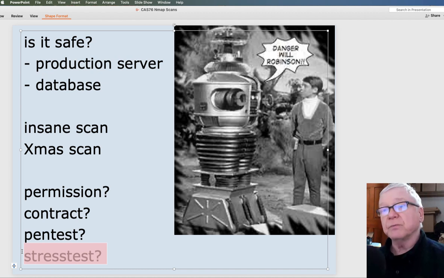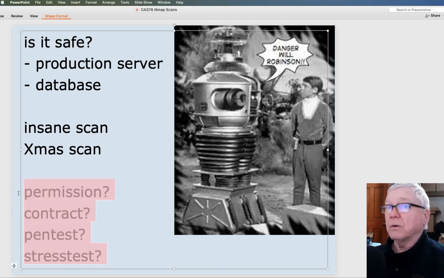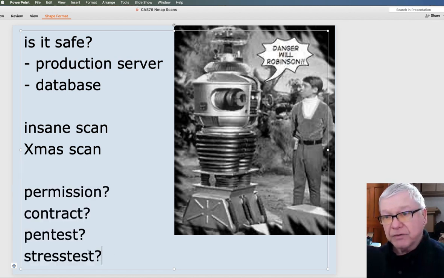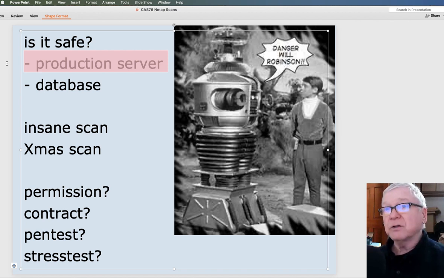There are various reasons to or not to use particular kinds of scans or approaches for a device or a network. If we are stress testing something that is not a production device, not currently in use as a production, that is a fairly normal thing to do.